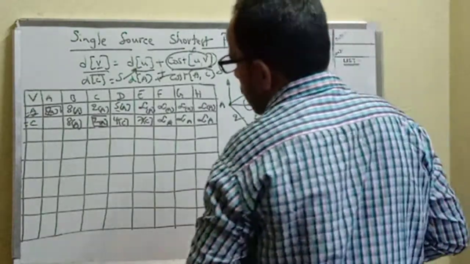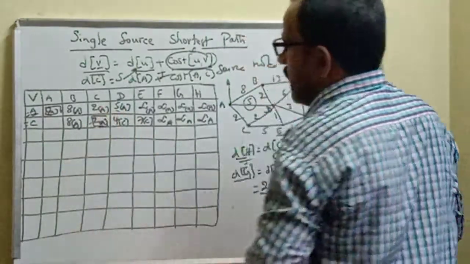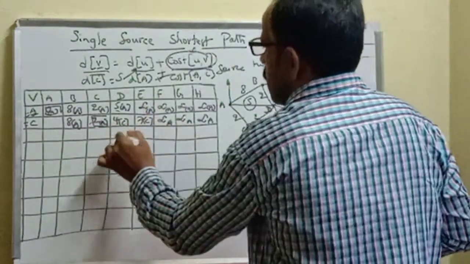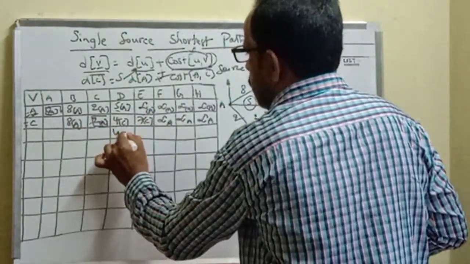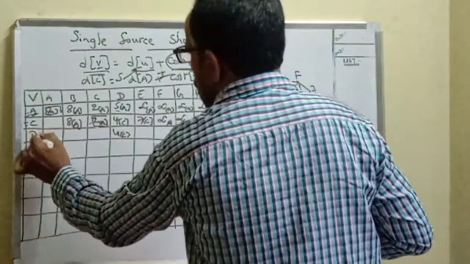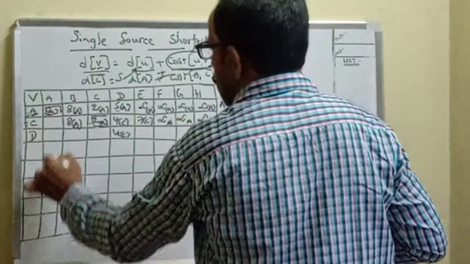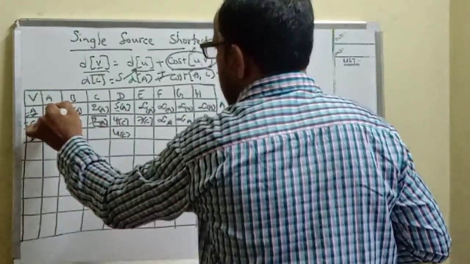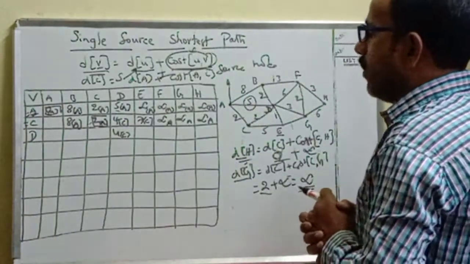Which value is minimum? Anyway, C is already selected. Then out of the remaining 3 values, 4 is minimum. That too we got that 4 via C. Now what is that node? D is the node. Okay, na? So this is over and this is also over. No need to consider C and A now. Okay, na? Now consider D.